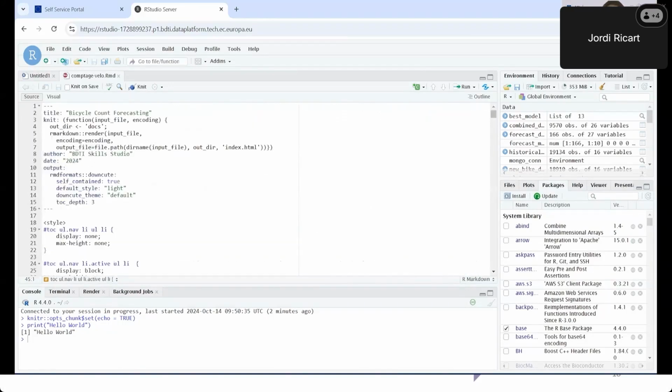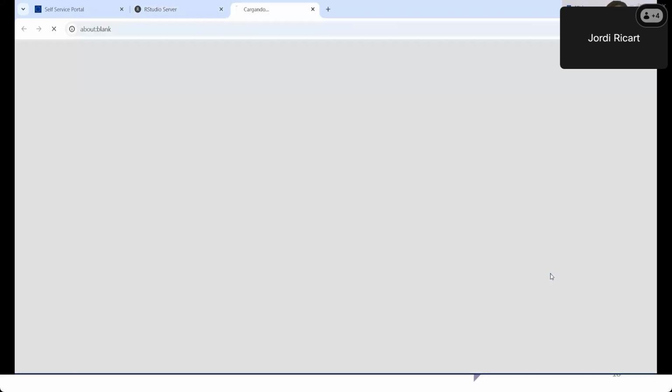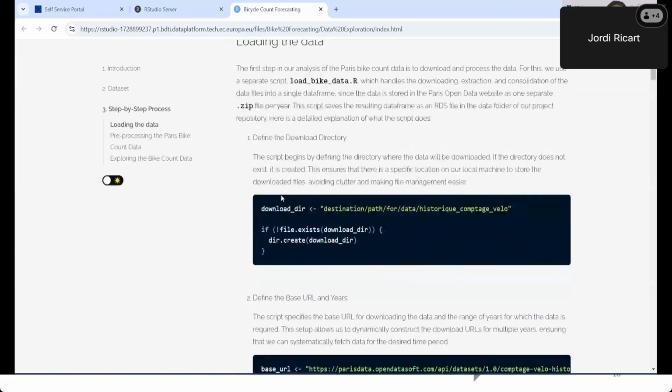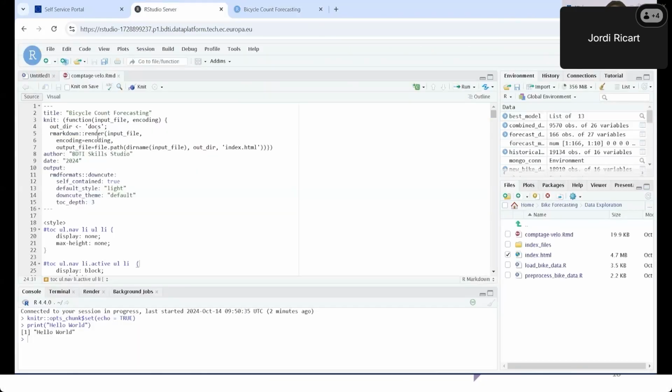So just so it's easier to see, we'll go through the exploratory data analysis with the knitted output, so on the HTML. So I'll click on knit and we'll see the result. This might take a while because this is a large document, so we will just have ready here the HTML output from a previous run. We can click on it and view in web browser. And this is the rendered document. So we see just the header, which was here. So the bicycle count forecasting title with the author and the date.